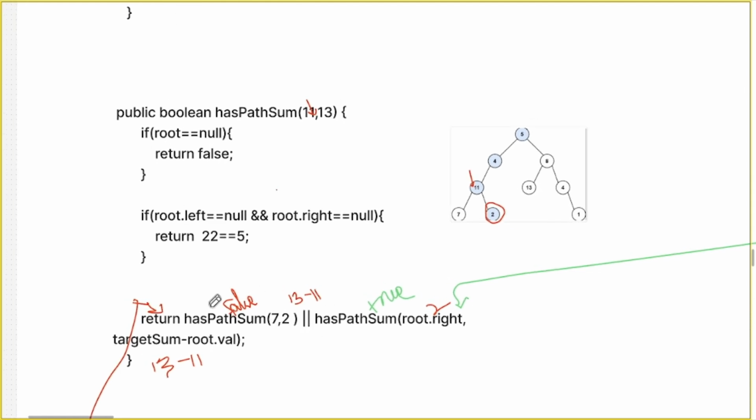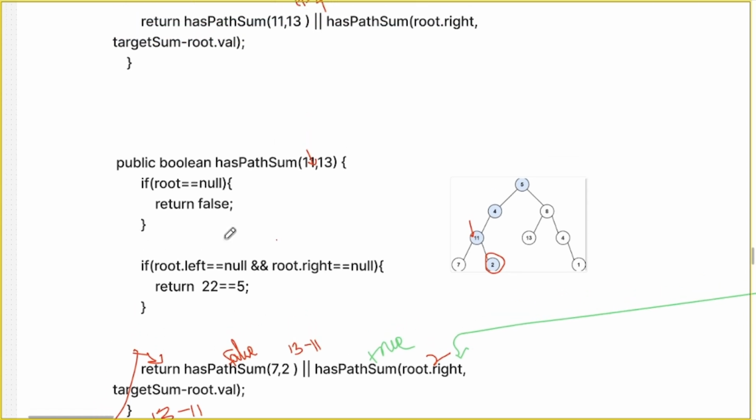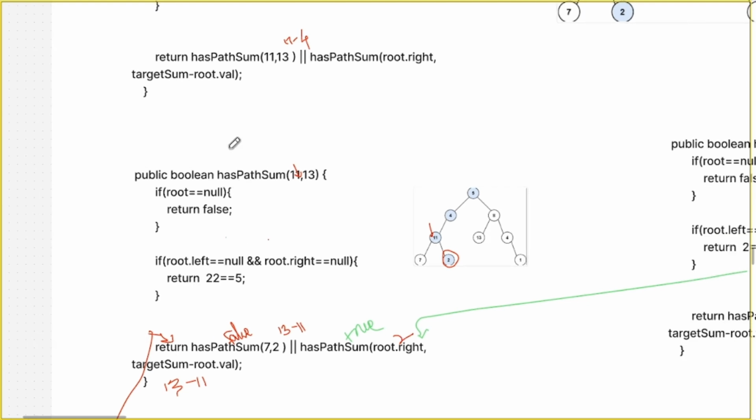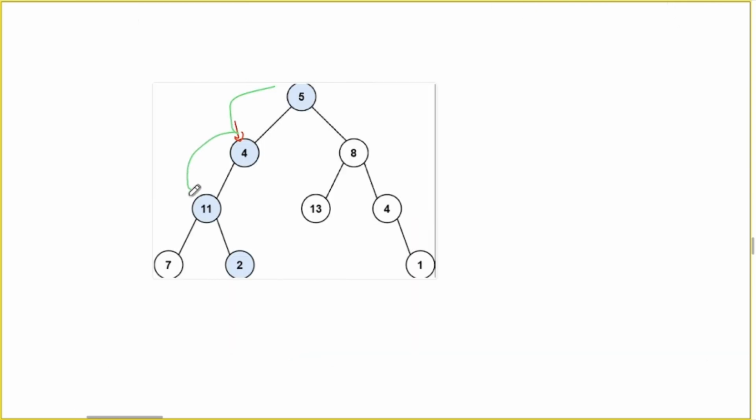So see here, false or true. False or true is true, so it will return true. It will return to its caller. Who called this function? It is called here, so it will return true here. It will return true to its parent. Who called node 11? 4 called it, so it will return true. Then who called 4? 5 called it, so it will return true to 5. So we will be calling the nodes one by one, and after a value is returned, it will pass the value upwards to all its parents.